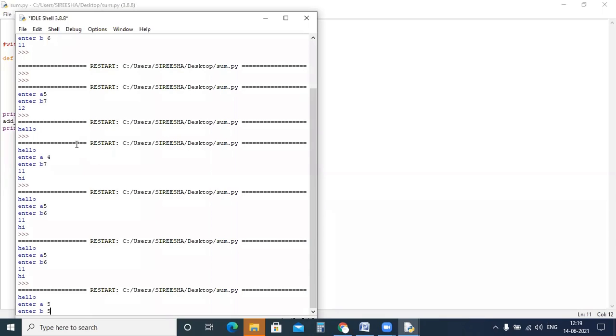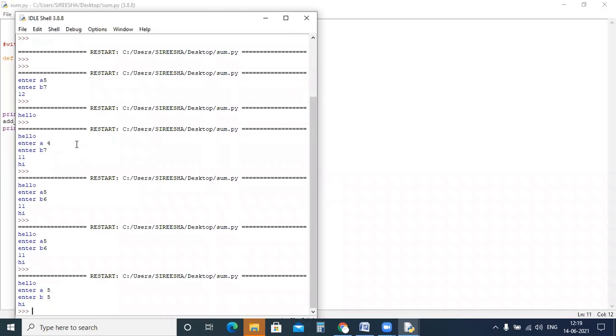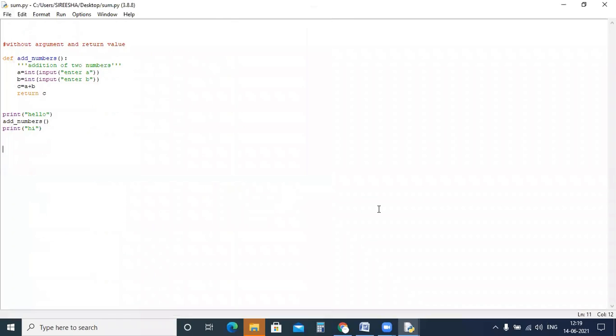A and B values I have given as 5 and 5. Did we get the result? What should our output actually be? 10. But we did not get 10. Why did we not get the output 10?